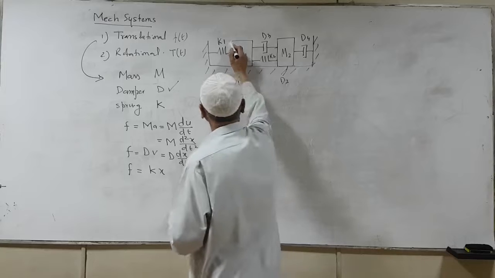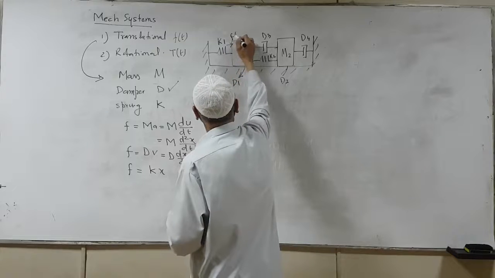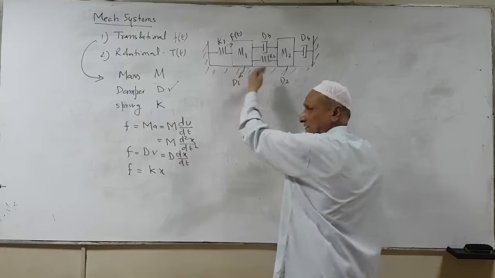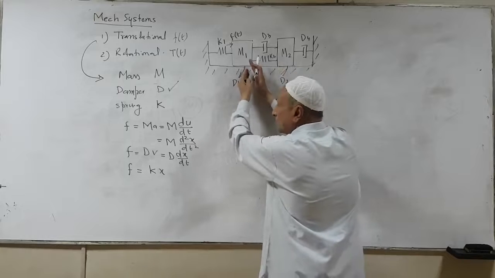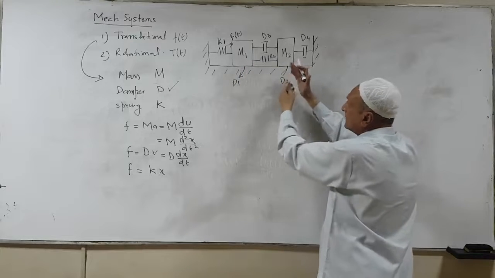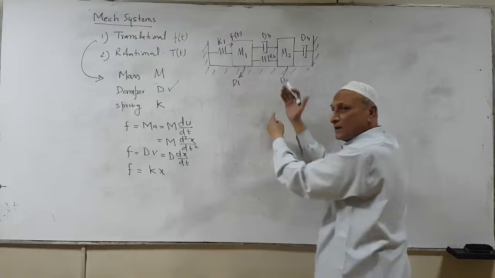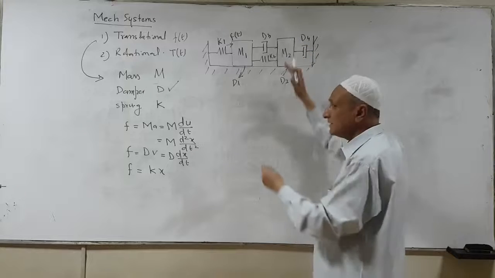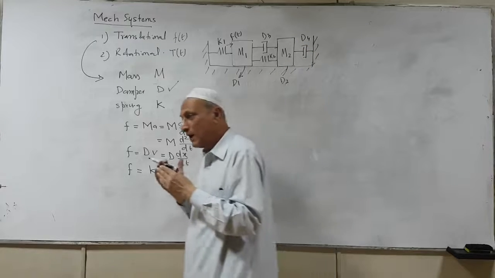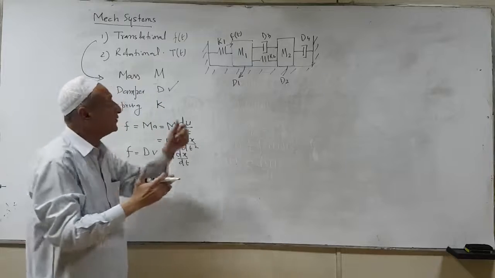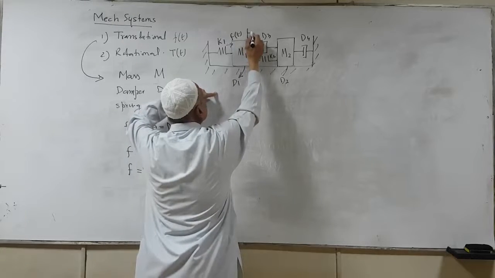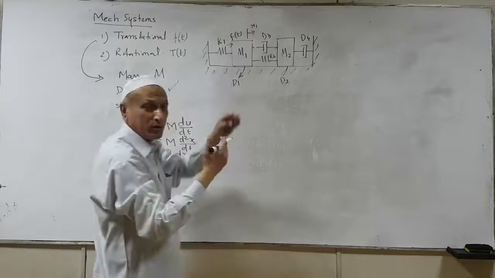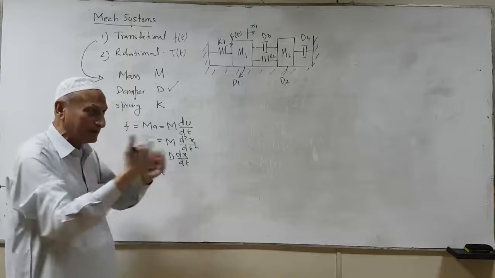Now let's say the force is applied on the mass M1. Now this is something like a force which is pushing this mass, and then the force is transmitted on the other side of the mass, something to do with the damping and energy storage. The rest of the force is acting on M2. So there is a displacement actually. Whenever a force acts, it produces a displacement. So that displacement, let's say, is denoted by x1 over here, and using an arrowhead in that direction because the force is transmitted or the displacement occurs in that direction.